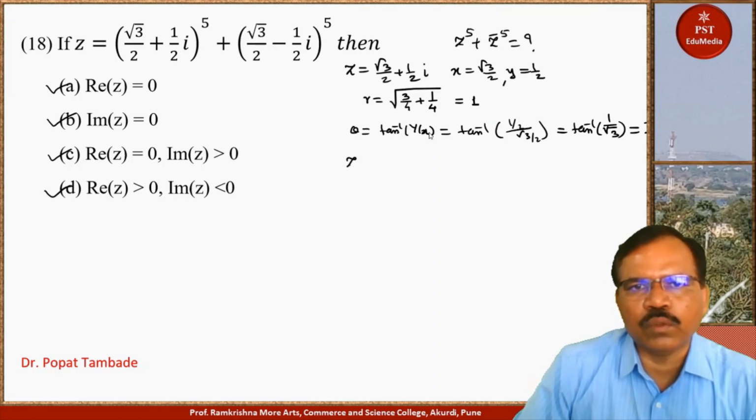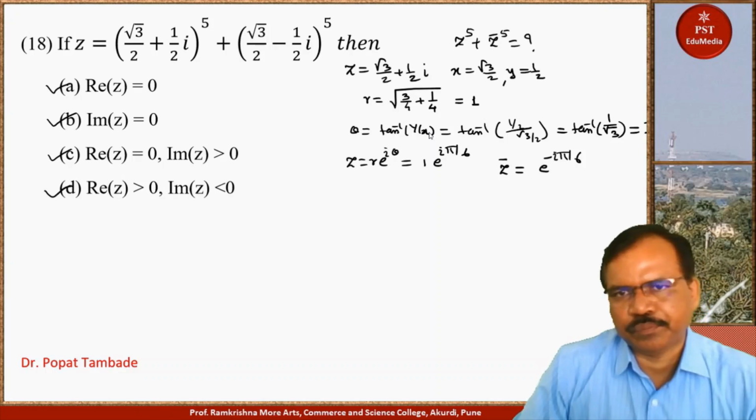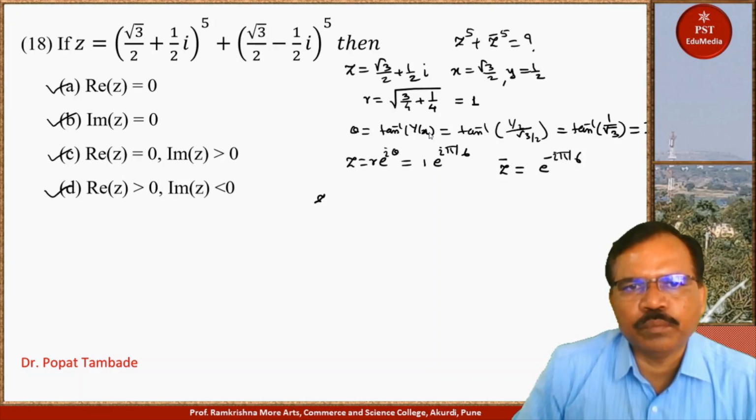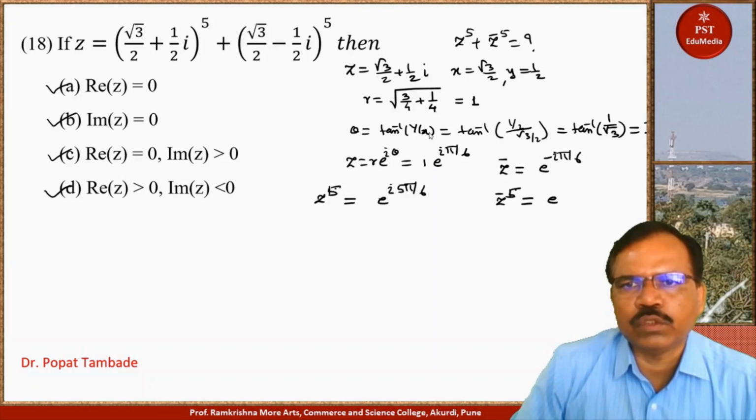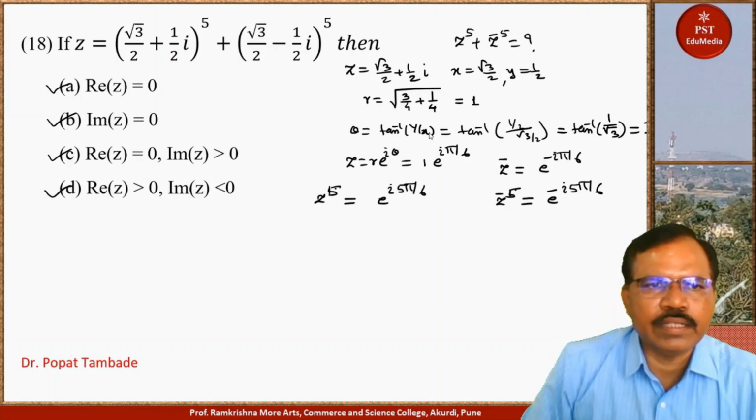So z is equal to r e raised to i theta. So it is 1 into e raised to i pi by 6. And z bar is equal to e raised to minus i pi by 6. Next, z raised to 5 is e raised to i 5 pi by 6, and z bar raised to 5 is equal to e raised to minus i 5 pi by 6. Now if we take this z raised to 5,